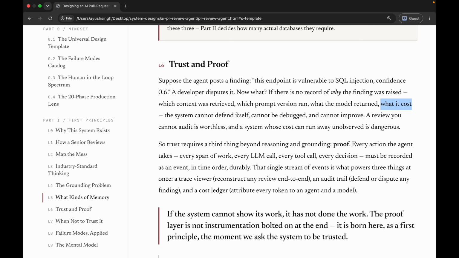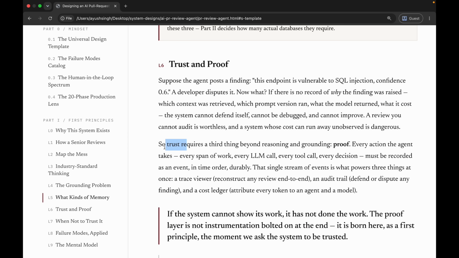If something can be measured, something can be improved. But if we don't know which context was used, what the version of the prompt was, which model was used, what the embedding model was, which retriever was used, what happened at that point of time, we want to trace it all along. So we want to make sure that we improve the system. So we want to audit,